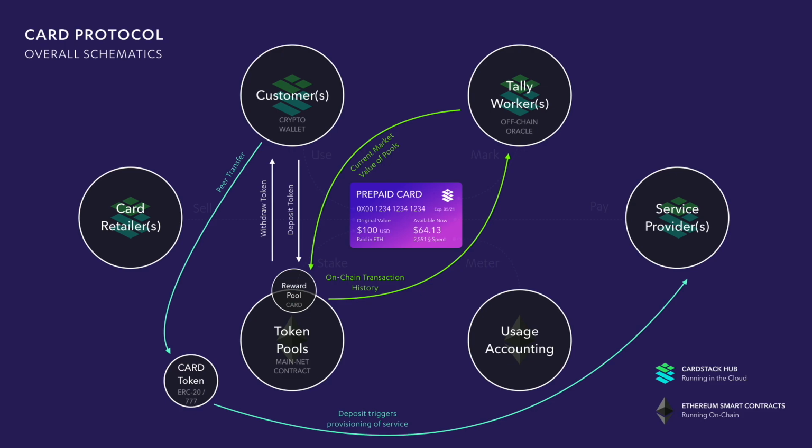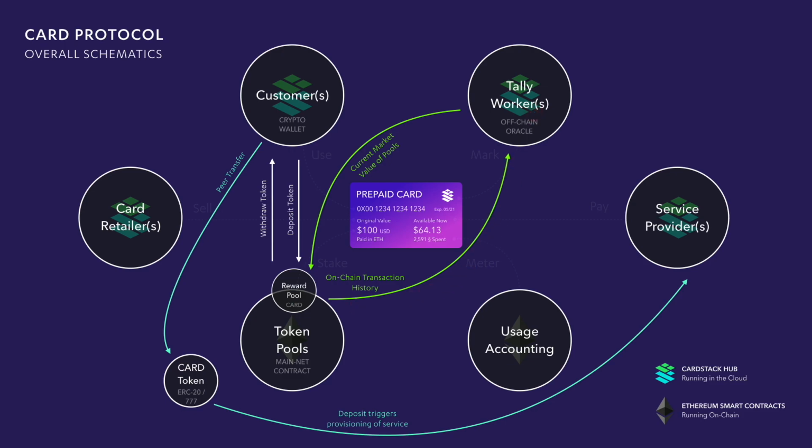And what we need to do is know how much that's worth, assuming that the token is not just one token that will fluctuate, but multiple tokens. If you have ETH and Bitcoin and card token, you have 0x and stuff like that inside this reward pool, it's going to be very hard to know how much it is worth. So we take the on-chain transaction history and send it to the tally worker.